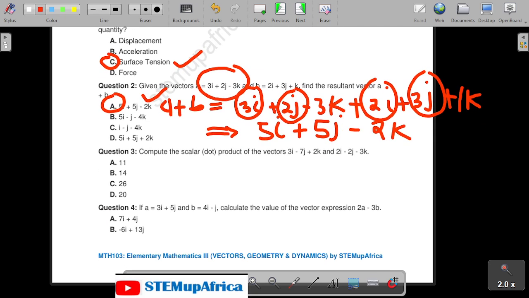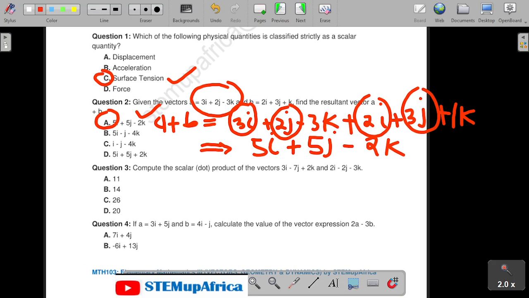So let's look at question 3. It says compute the scalar or dot product of the vectors. The scalar or dot product, you can call it scalar product or use the word dot product. Meaning we have to multiply vector A, if the first one is vector A and the second one is vector B, we have to multiply A dot B. It's different from A times B. A times B is cross product. So A dot B